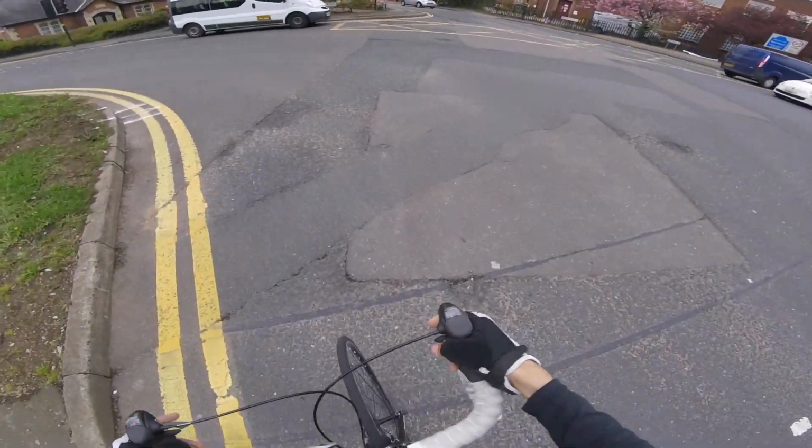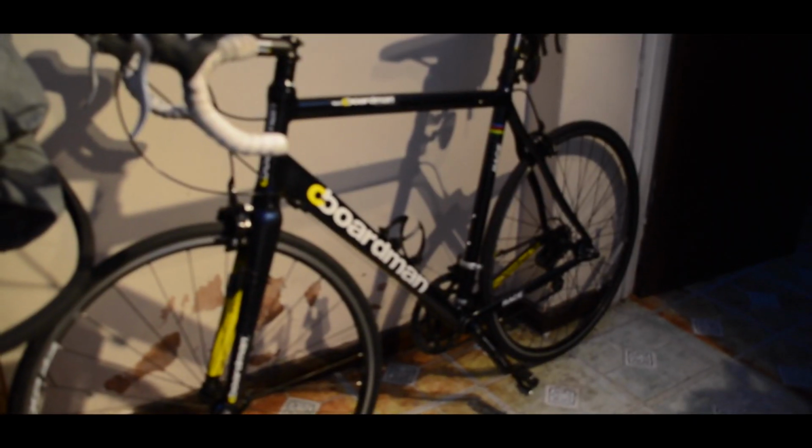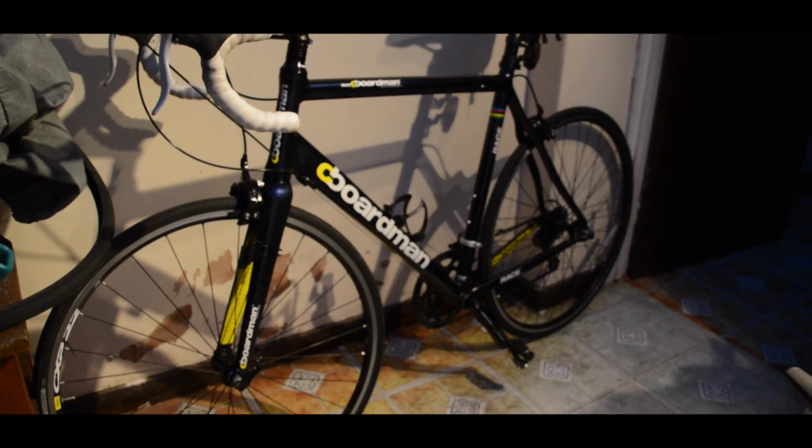So I'm about to turn left at the traffic lights, and then there's this massive straight with shitty potholes in. If you know UK roads, they're absolutely dreadful. So that's one thing I always have to deal with. But anyway, I go straight for the longest before eventually turning right onto some country lanes, and that's where I'd say the most enjoyable part of the ride is,